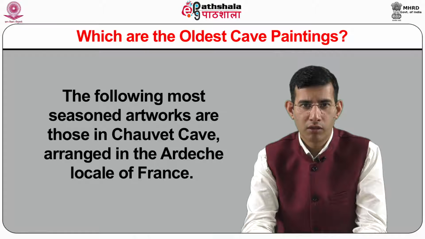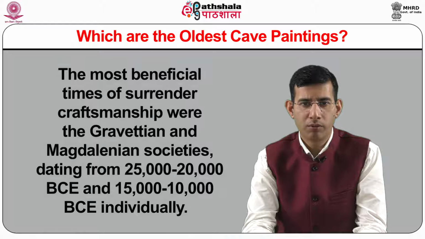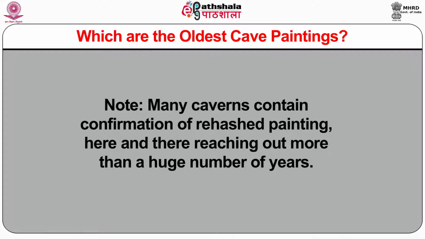The following oldest artworks are those in Chauvet Cave, located in the Ardèche region of France. They were found in 1994 and date from 30,000 BCE. The most productive times of cave art were the Gravettian and Magdalenian cultures, dating from 25,000 to 20,000 BCE and 15,000 to 10,000 BCE respectively. Note, many caves contain evidence of repeated painting, at times extending over a